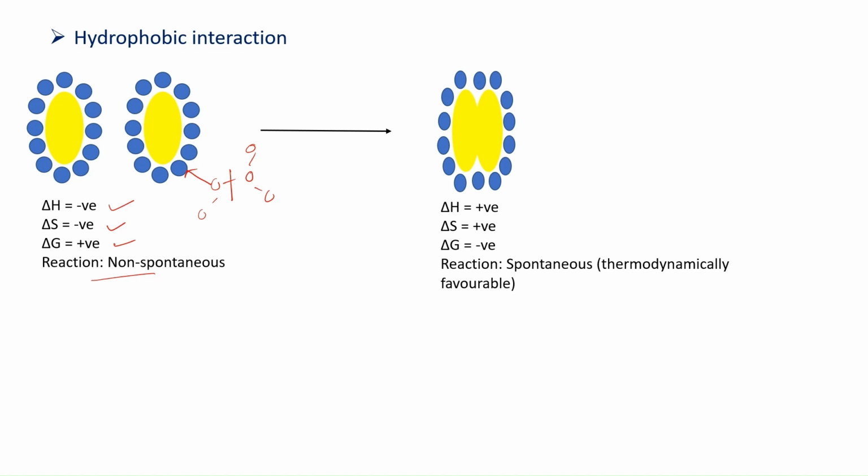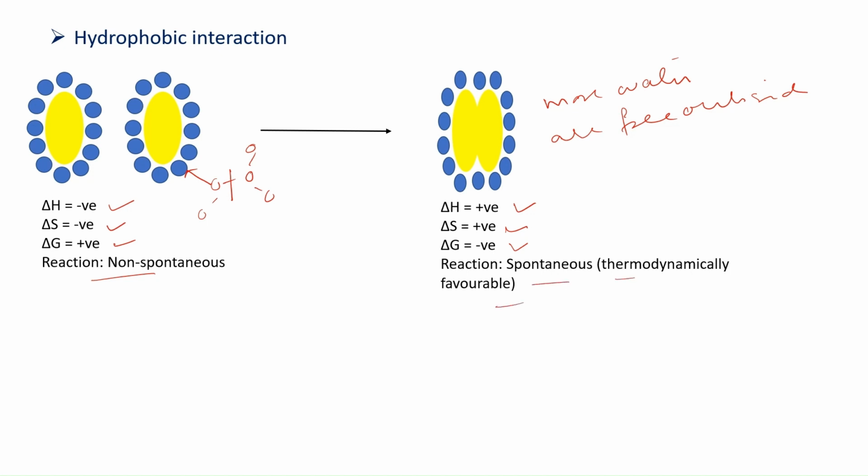So when they aggregate, now fewer water molecules are required to surround them. So more water molecules are free outside. When they are free outside, here entropy increased. Similarly, enthalpy also increased because more energy is required to form a bond than to break a bond. Delta G, that is Gibbs free energy, becomes negative, and when it is negative, the reaction is spontaneous, that is